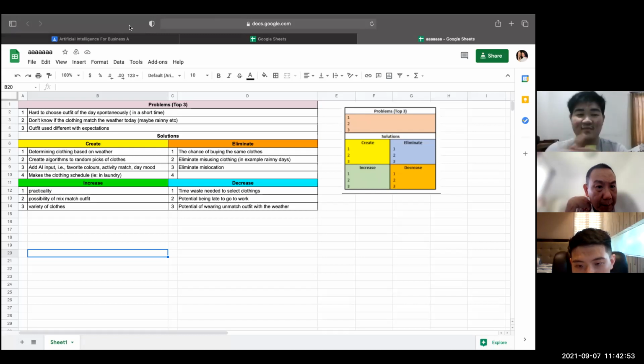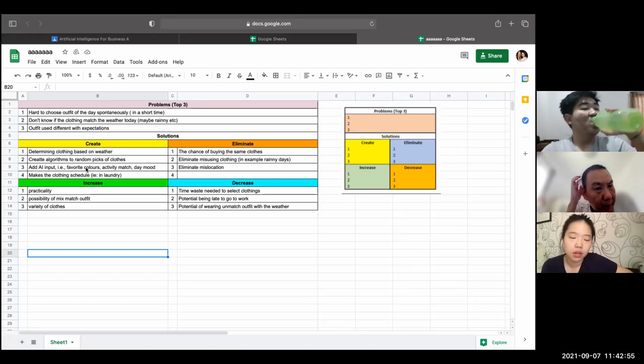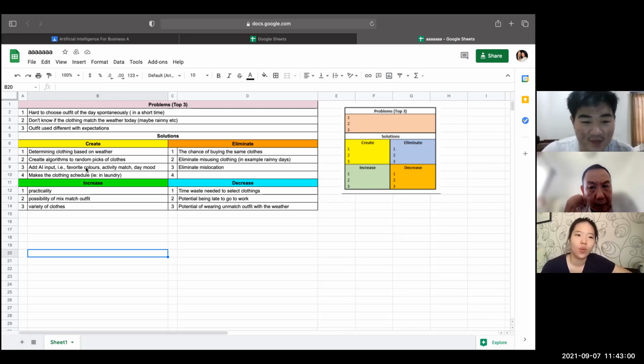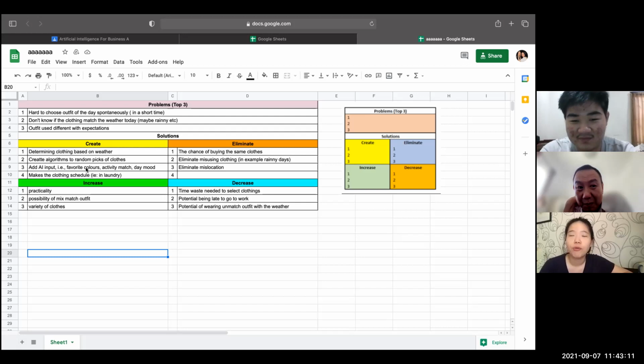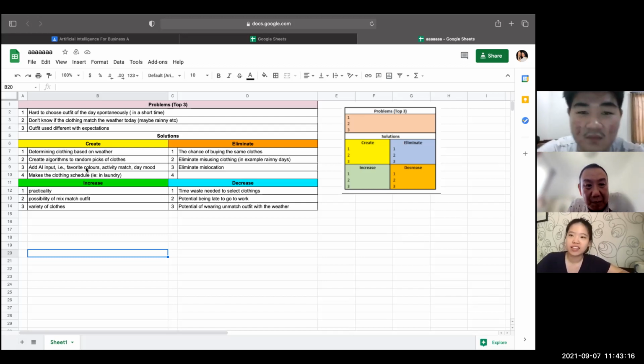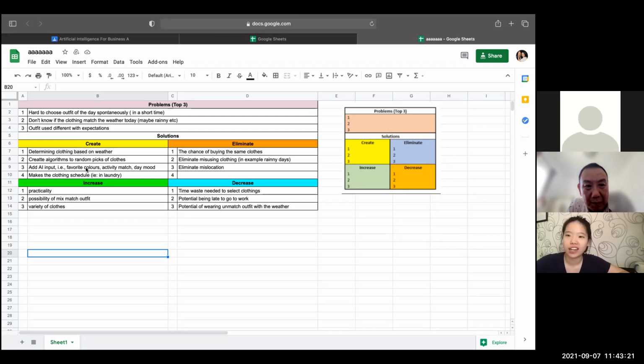Okay. So what we're going to make is artificial intelligence that will know what we're going to wear for the outfit of the day, like OOTD. Sometimes it's hard to choose our outfit, right? We are confused about what to wear. Maybe we already wore it once and put it in the laundry bag, or it's still washing at the laundry place and we still try to find it in the wardrobe. So that's why we want to make this.